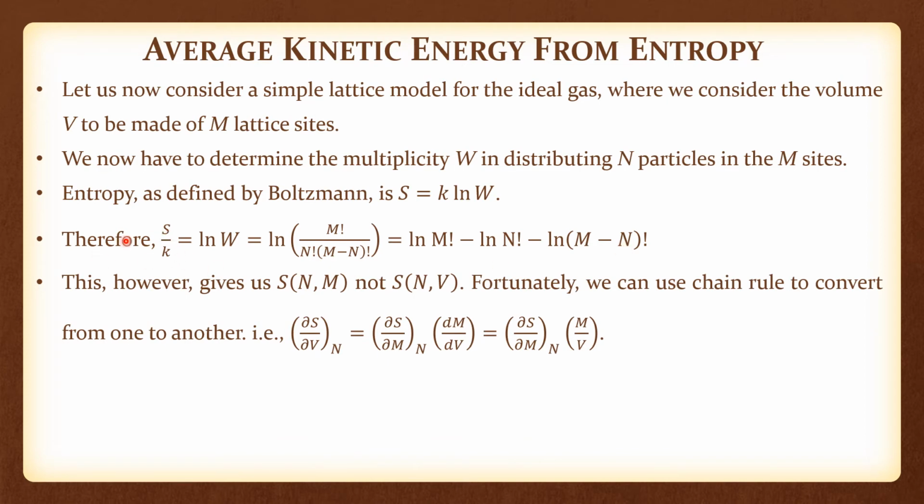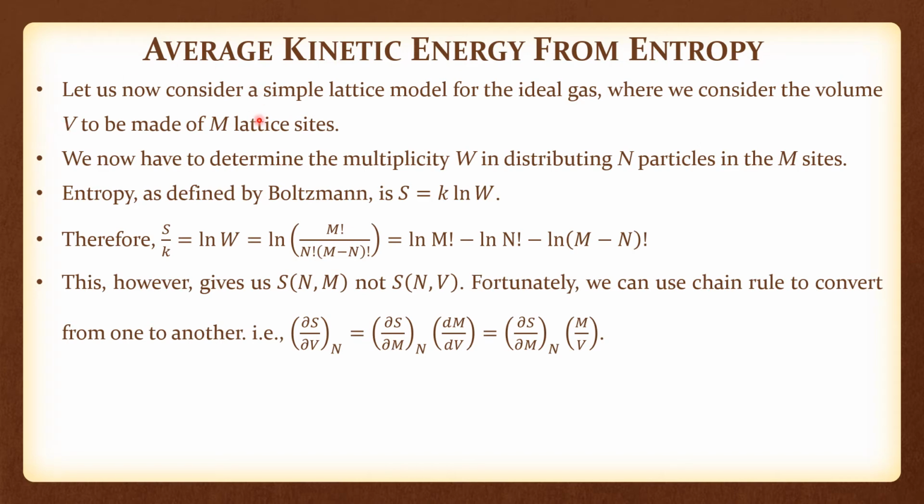This, however, gives S as a function of m and n, not v and n. So we have to convert this whole lattice picture of m sites into a volume of v, and that is where we use the chain rule. So we say ∂S/∂V at constant n is ∂S/∂m at constant n times dm/dV. Of course, this is not a partial differentiation. This is ordinary differentiation,